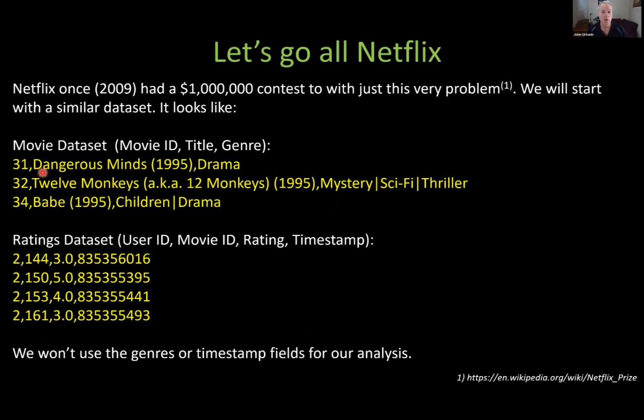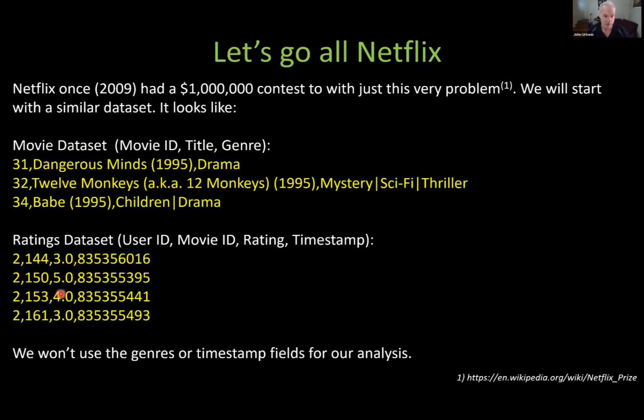Obviously, it's easiest and simplest for Spark to manipulate numbers instead of strings. But when we're done, we really do want this to report names to the user. We don't want it to just say you'll like movie 32. We'd like instead to say you might like the movie 12 Monkeys with 3 stars, we project, or you'll hate it with 3 stars. So we're going to have a very simple data set that'll just tie all of our movies to a particular number.